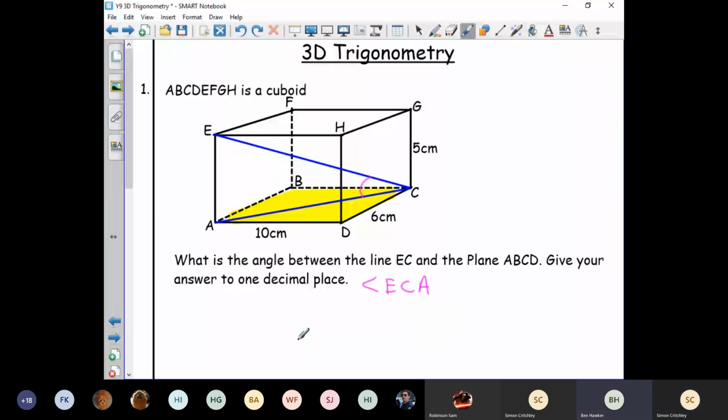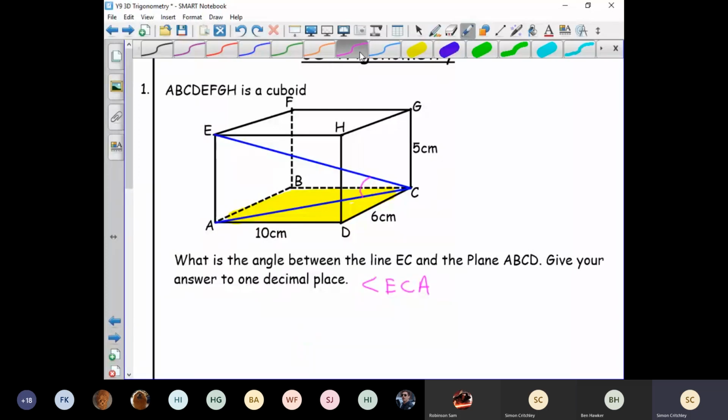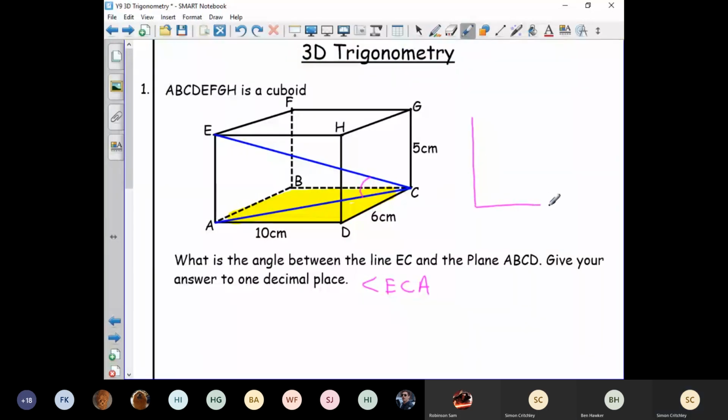Okay, right. How are we going to be able to calculate that angle? Well, we don't know any of the sides of that triangle, or do we? First step always is to draw out the triangle that's involved within the question. So I think that the triangle involved, I'm just going to draw it over here, is the one that's E in the top corner, down to C, the bottom right corner, and A in the bottom left corner. And I think that is a right angle triangle, because I think that here,